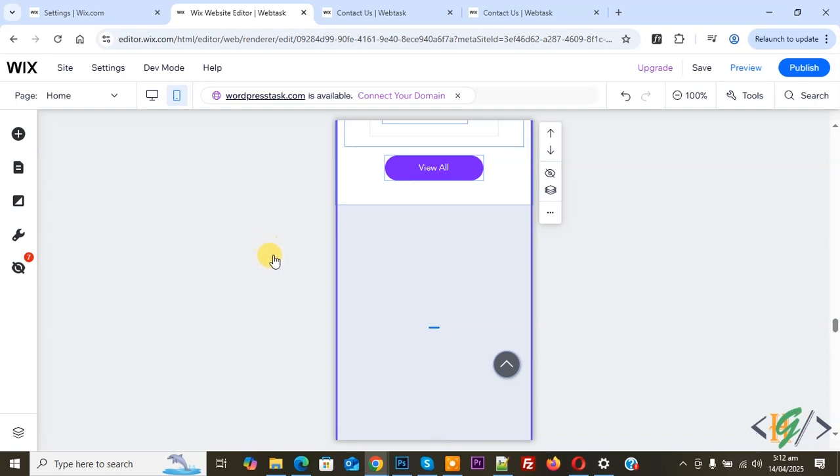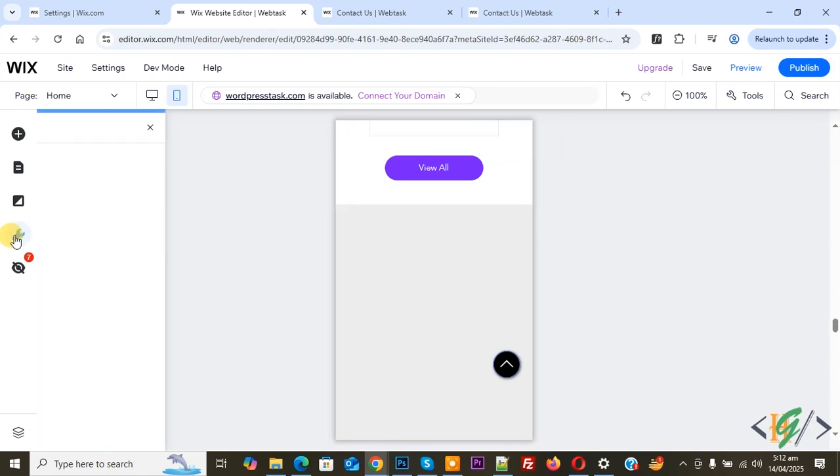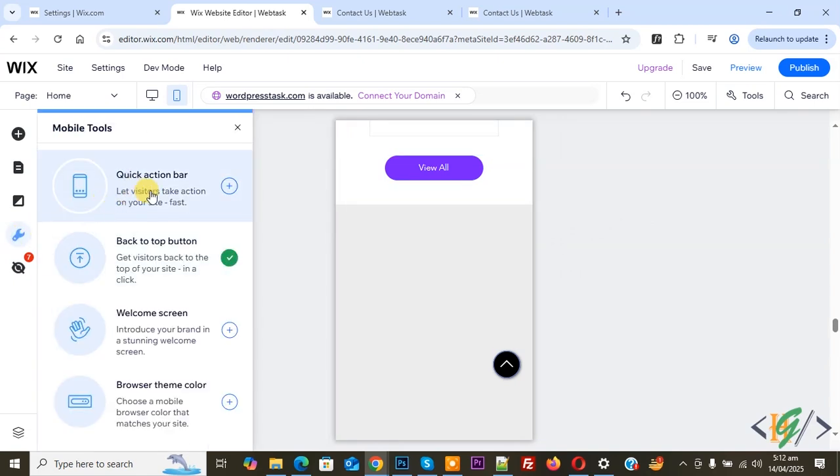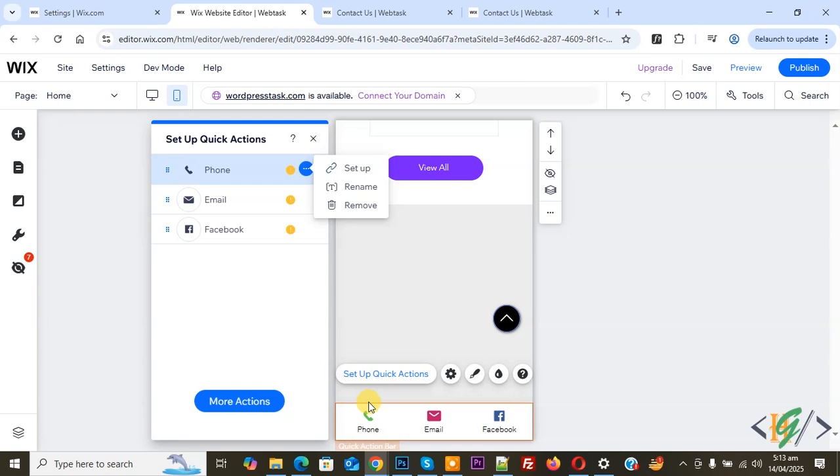So we are in the Wix editor and we are in mobile layout. So we are going to add a quick action bar. On the left side you see mobile tools. So click on it and then you see quick action bar. Let visitors take action on your site fast. And then you see the plus icon, add to site, so click on it and then you see quick action bar